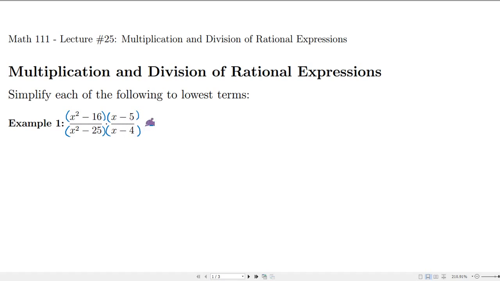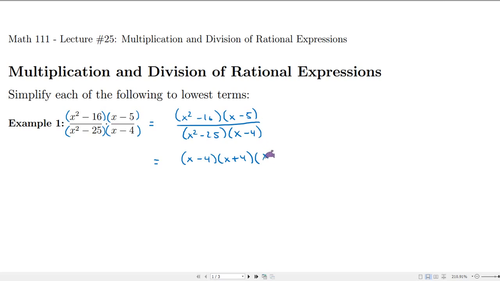You multiply the numerator, you multiply the denominator, and so now we have x squared minus 16 times x minus 5 divided by x squared minus 25 times x minus 4. So you just multiply numerators, multiply denominators. And now if you want to simplify this to lowest terms, we're just going to do what we've done before, which is factor the numerator as much as we can, factor the denominator as much as we can, and then reduce. So the numerator, this is a difference of squares, so this is x minus 4, x plus 4,